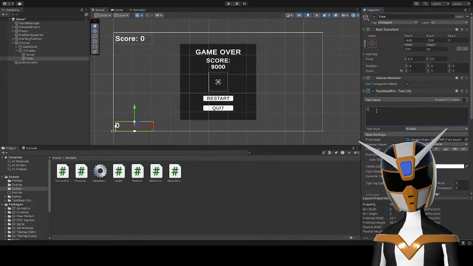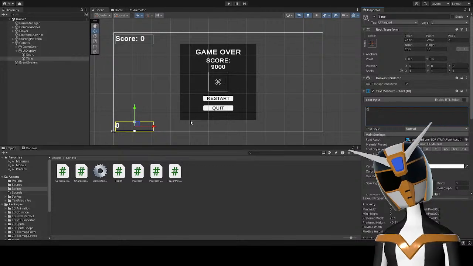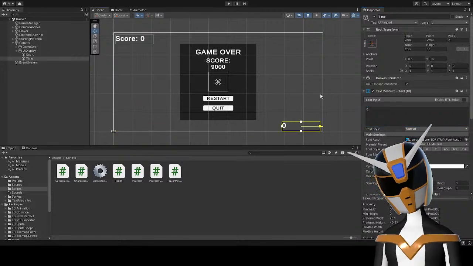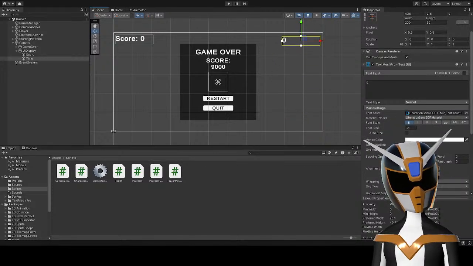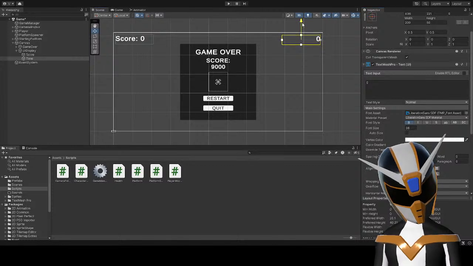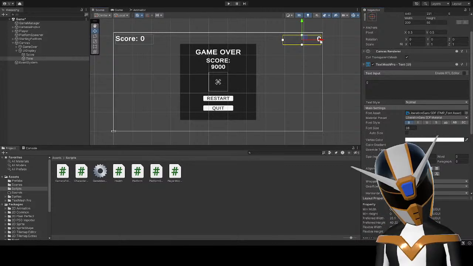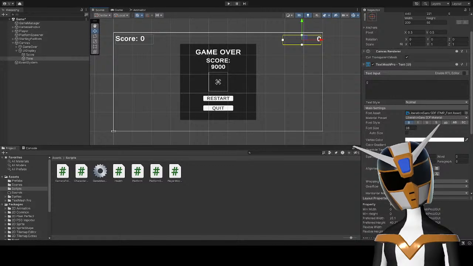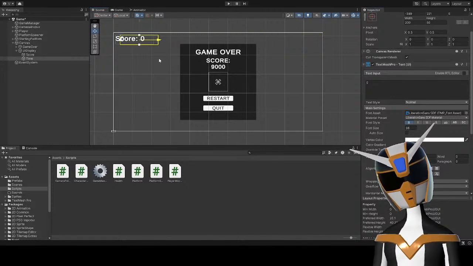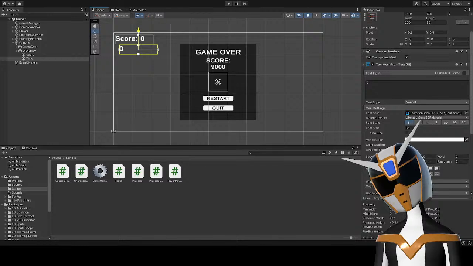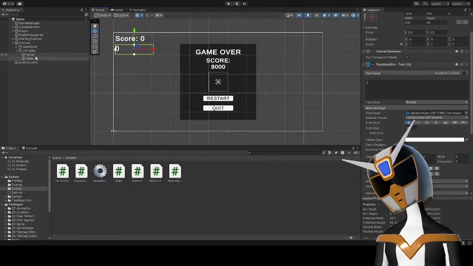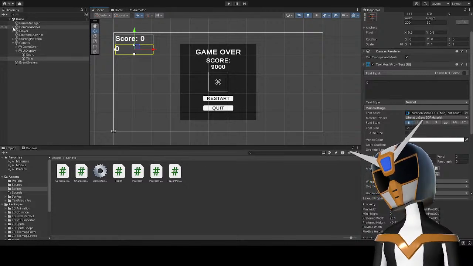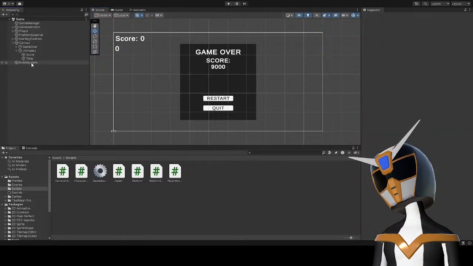Just 0. I don't know. Maybe the time will be up here on this side. I guess it doesn't matter right now. I'm just getting everything set up.